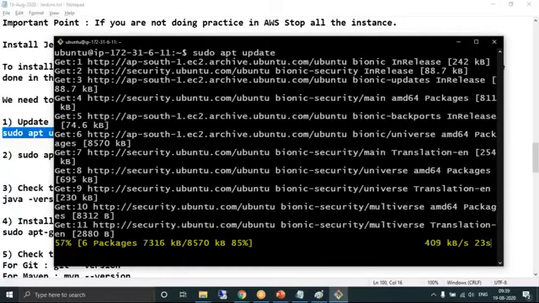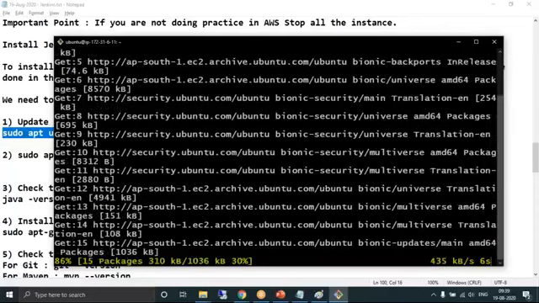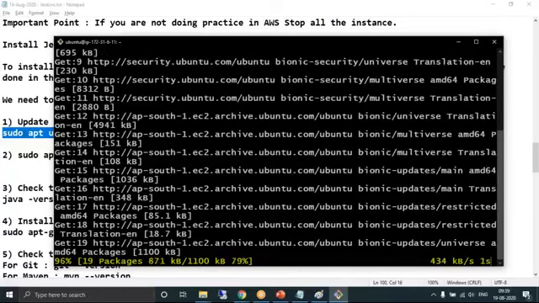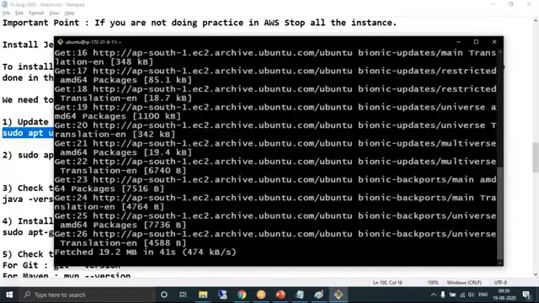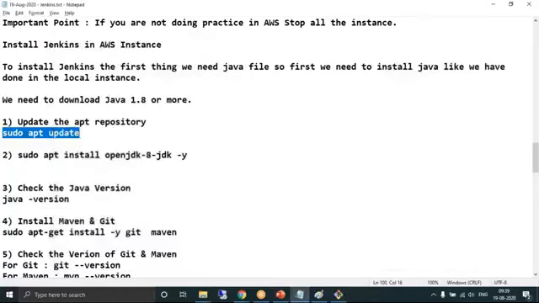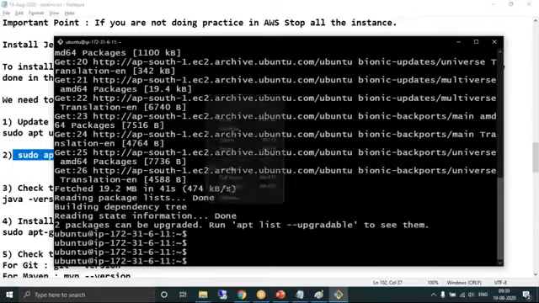Anything you need to do, first update the apt repository. The apt repository is updated. This is the command to install Java.